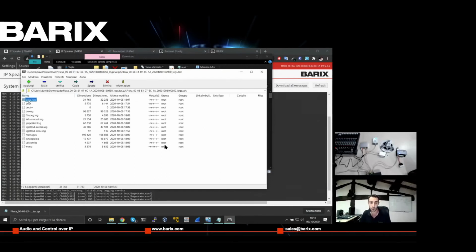the Baco log, which is the log reported from the playback library. FFmpeg log is the library that supports the decoding formats and all these features. Informacast log, so if the device is registered correctly with the server or not. IP speaker log is the application log. LightTPD is the web server running on the device. Synapse log, just like the Informacast one, and then other things that I'm not spending time on because they are too